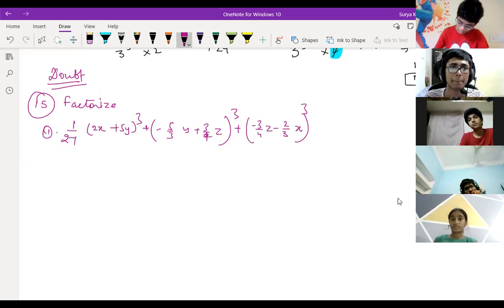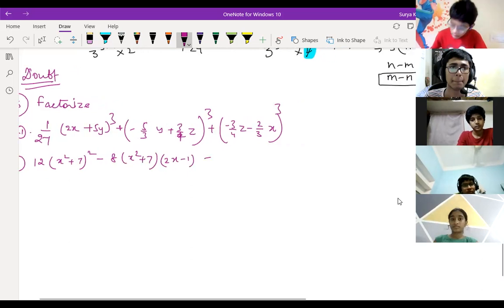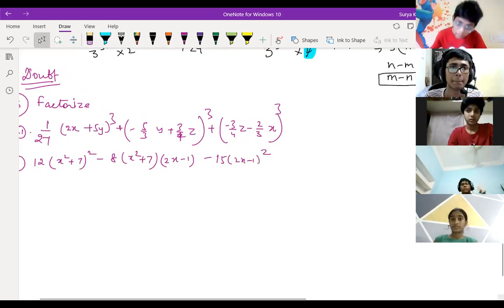The second question, Nihar, has a whole square. Again, you can expand, not a problem. Sir, but in that case it would be too lengthy. I was thinking if there's any other way to do it. They have given a lengthy one only, but you can do it a bit smaller. One minute, something is there. Yeah, the second one is easy only. 15, 2x minus 1 whole square. Yes, it's coming, a bit easy only.